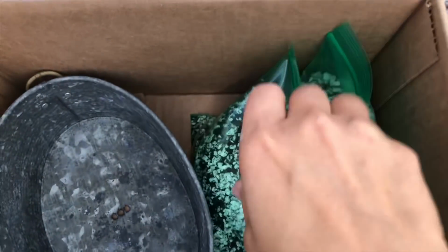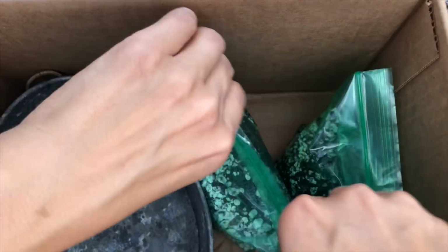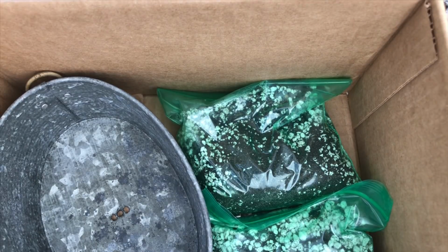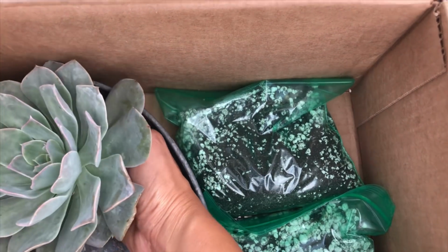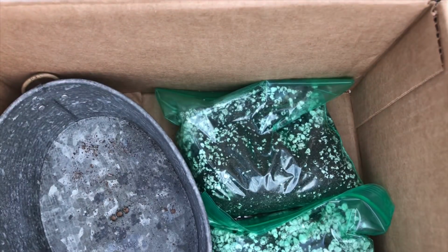Okay. And then maybe I could put that in there. This could be, I guess, to keep it in place so it's not bouncing everywhere. I want to see something, if these would fit in the tin. If I can just place them like that, like if they were in already. So what I would do is